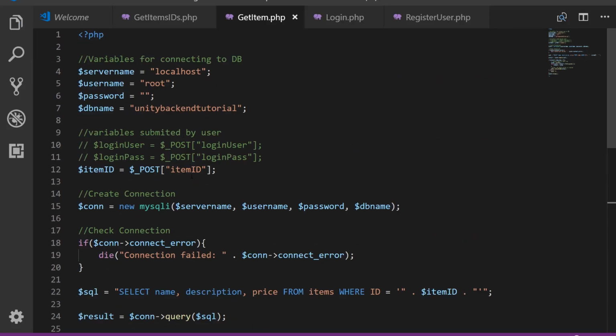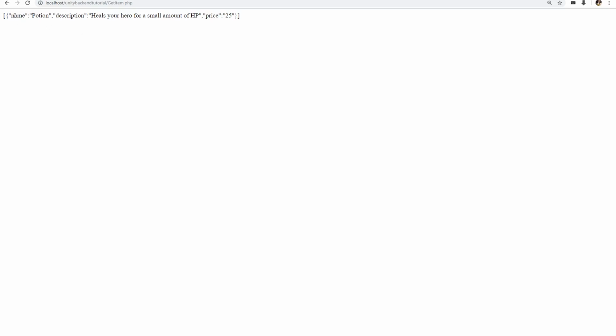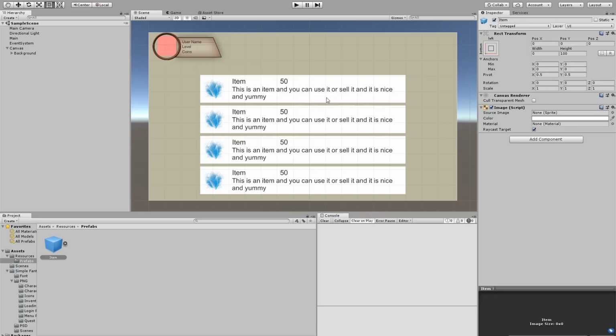So here we need to submit an ID, and because I want to try it immediately from the browser, I'm just going to type an ID here. So let's say we want to get the item with ID of 2. I'm going to set it manually there, and now we can go back to localhost and try this. Get item, it's just get item. And we should get name is equals to potion, description, here's your hero, and then the price is 25. That is a JSON object with different types of information inside,